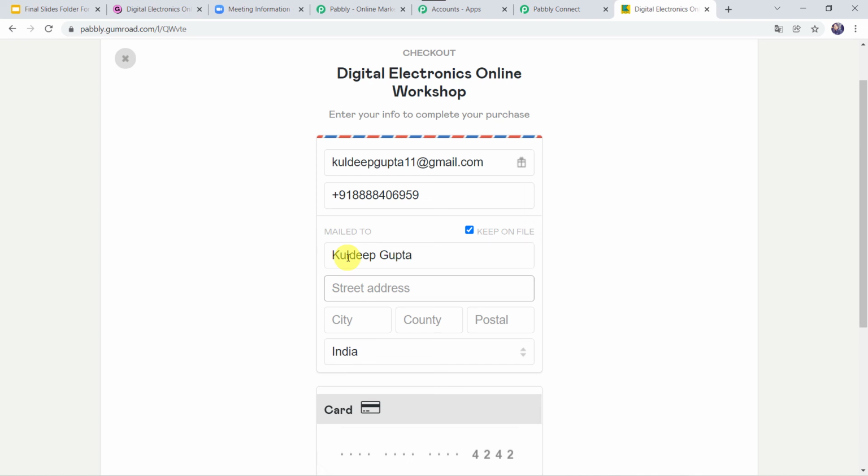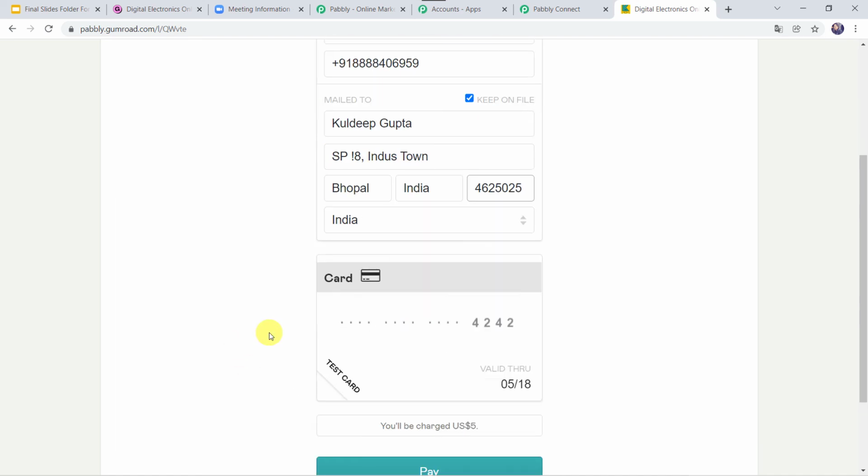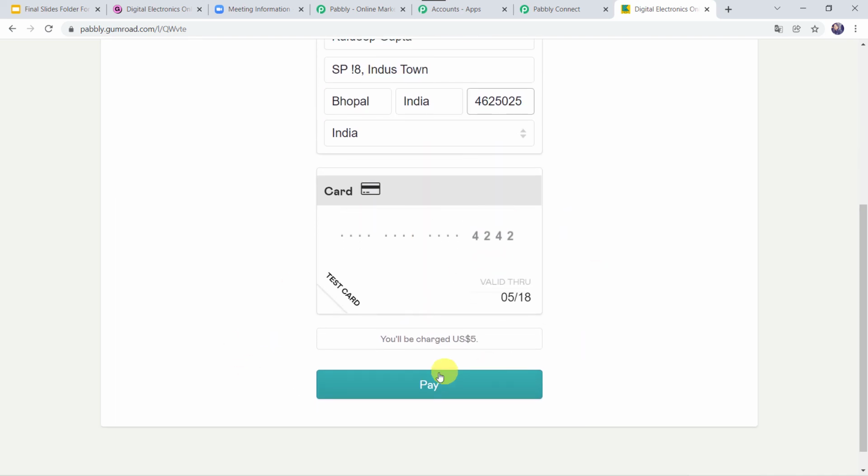Let's add the street address as SP 18 Indus Town, city as Bhopal, country as India. Postal code over here. Test card details are already there. I'll just click on pay.